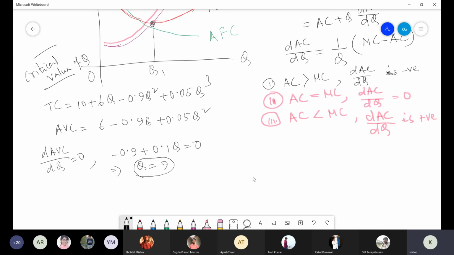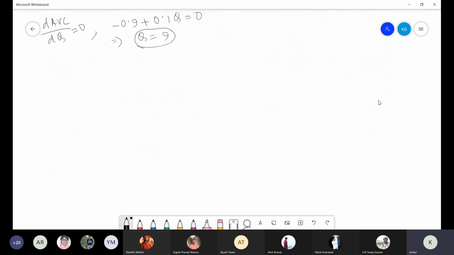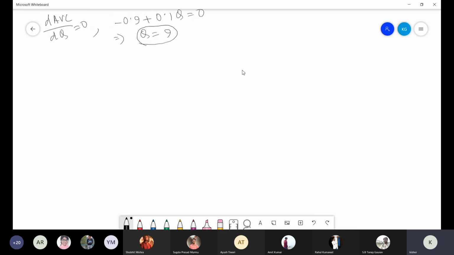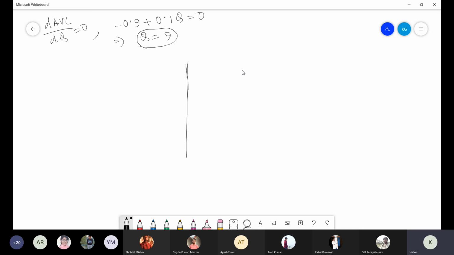Quickly, just graphically, I am explaining it. Long run. So what is happening in the long run? In the long run, all inputs are variable, so accordingly all costs are also variable. Suppose you are considering a 5-year production process. So I am producing for 5 years, and the 5 years is the long run. The 5 years may be an aggregation of 5 production cycles. Suppose I assume that each production cycle is 1 year.